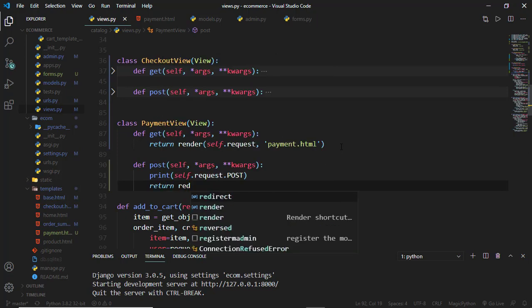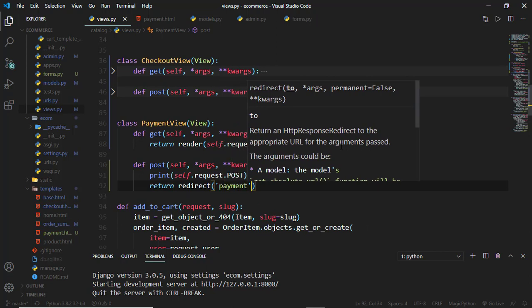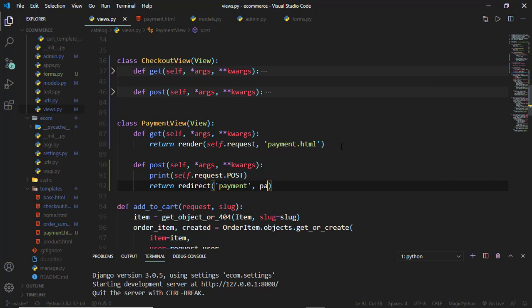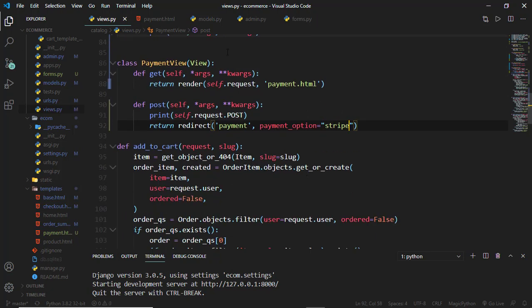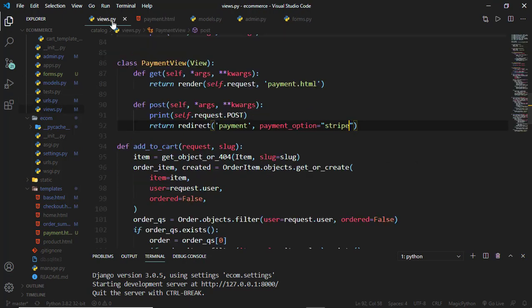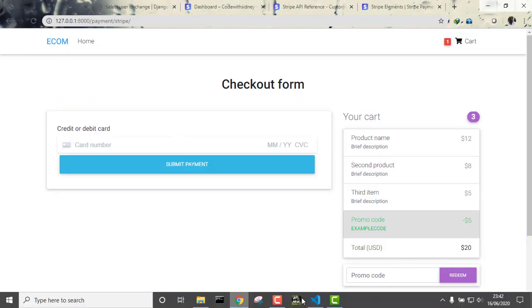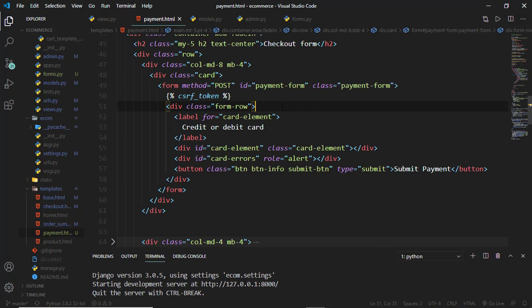So return redirect to, let's say, payment, and remember we have an extra parameter in there which is the payment option. So payment_option, we'll just leave it as stripe for now, since we are dealing with Stripe. Make sure we had that as payment_option, so cross-check that, and it is payment_option. Okay, so inside our views, we'll just print out the request POST. So we can go ahead and check our form to make sure that everything is right. Our method of post,